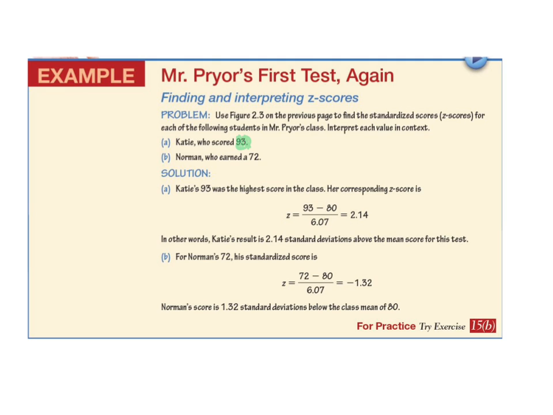What we know about this test is that the mean score was an 80, and the standard deviation was 6.07. So in order to standardize it, we took 93, subtracted 80, divided by 6.07, and that gave us